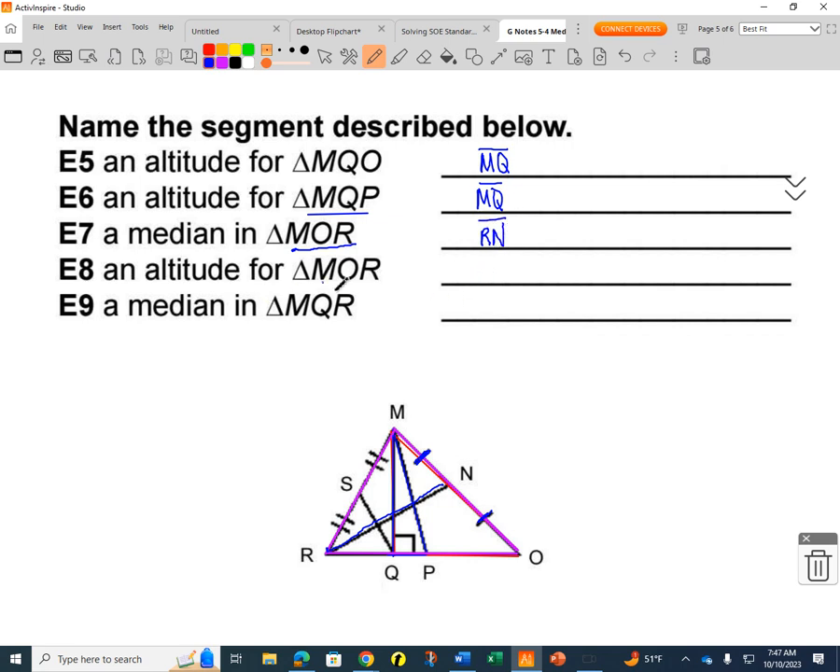An altitude for MOR is going to be MQ again. Looks like that is the only segment that meets at a right angle, right? Now we need